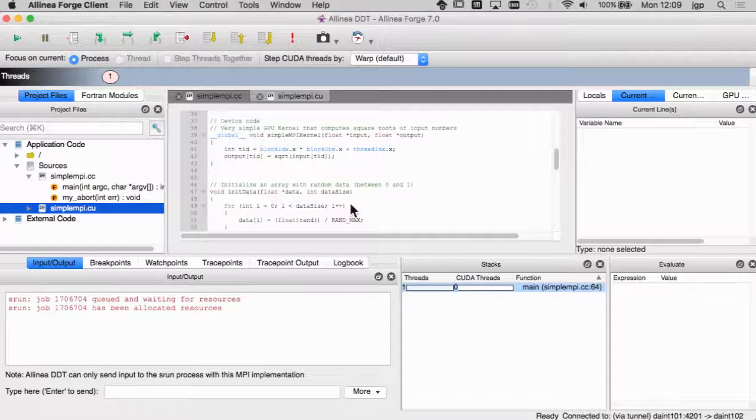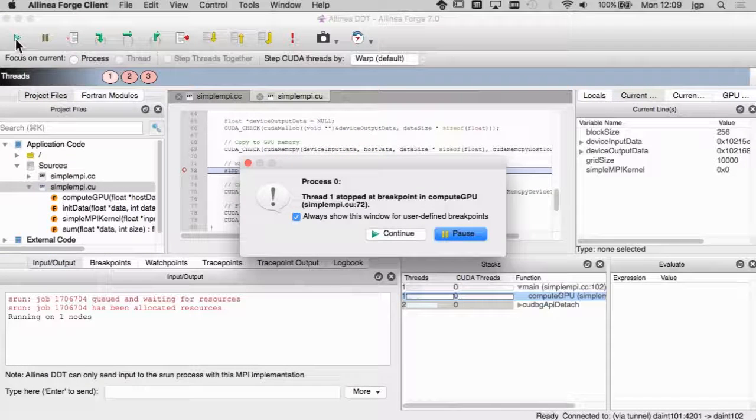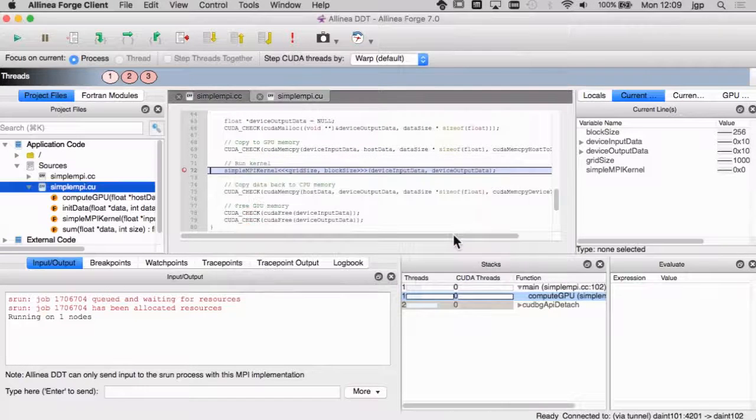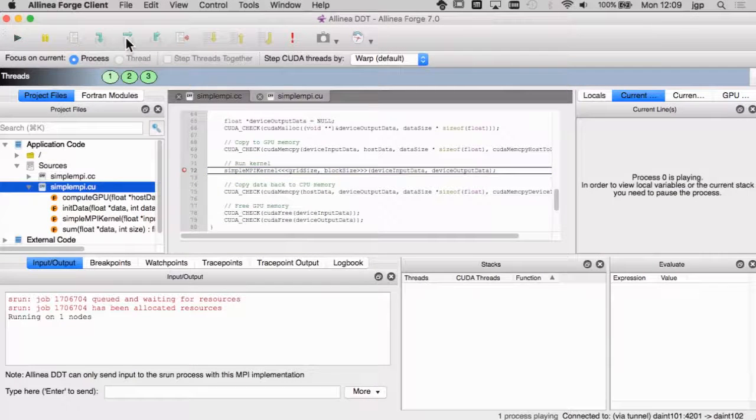And actually the kernel is here. So what I want to show you is that with that tool, we can control the execution of the job and see what's happening on the GPU. So here I put a breakpoint. So I told it to stop here.